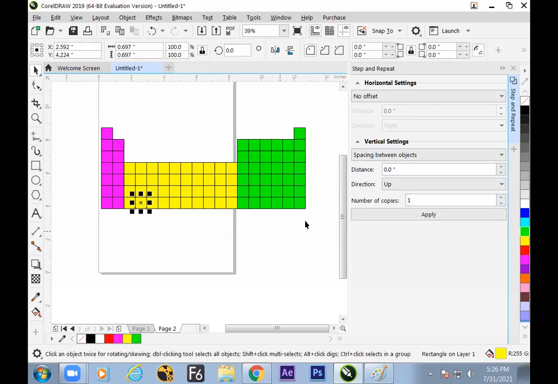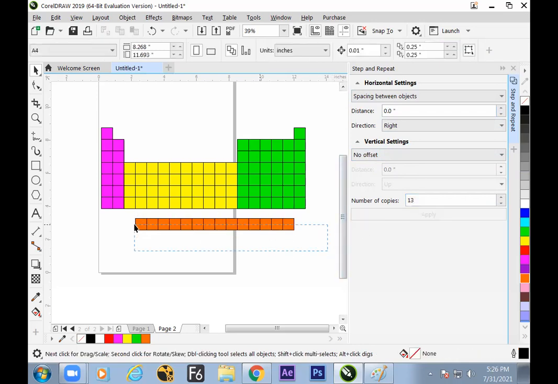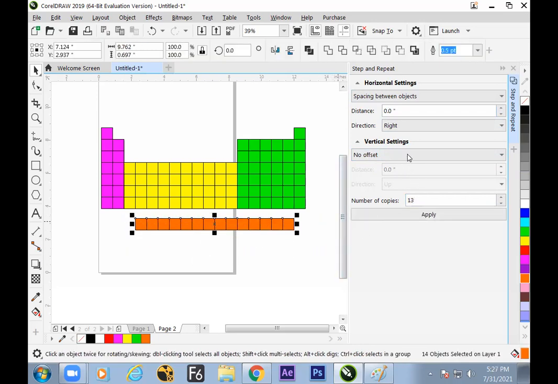Now let's go to the down side. Okay, it could be a little distance far away from it. So plus sign and get it down by holding the shift. And how many more required? Change the color first. We required 14 to the right side. So here no offset. Switch to the right side. How many more? 13 more required. Get it, apply. And set it down. One more downside, not right side.